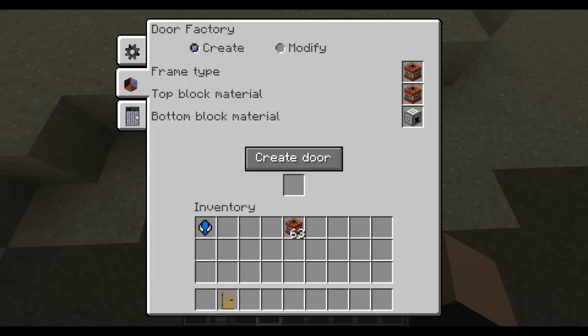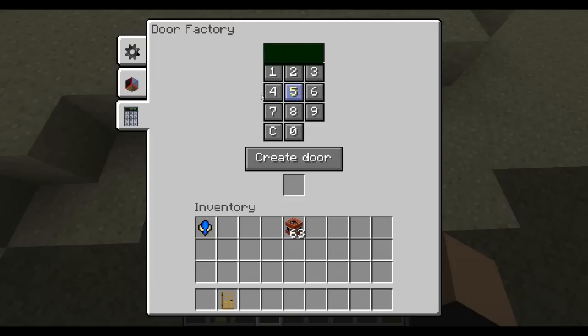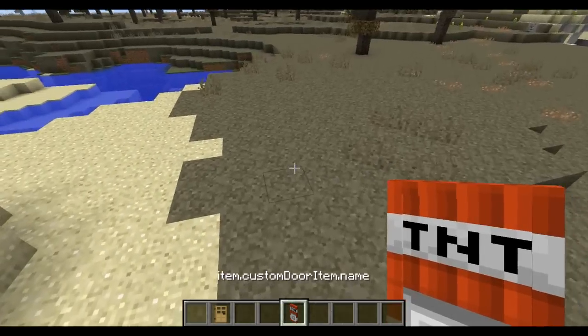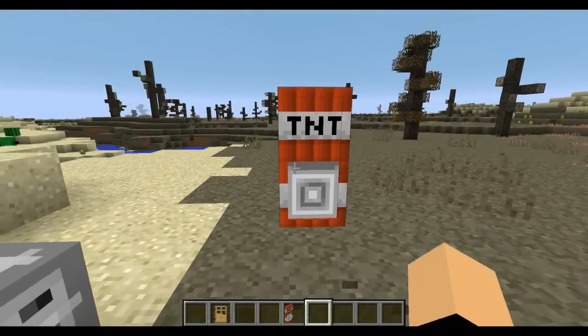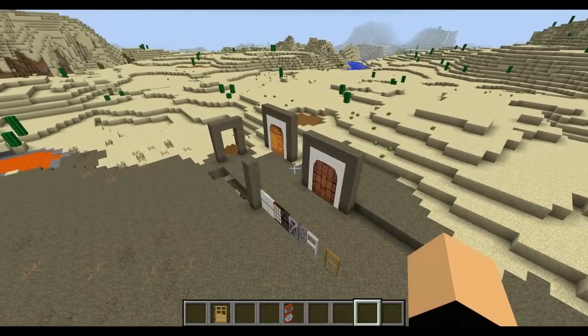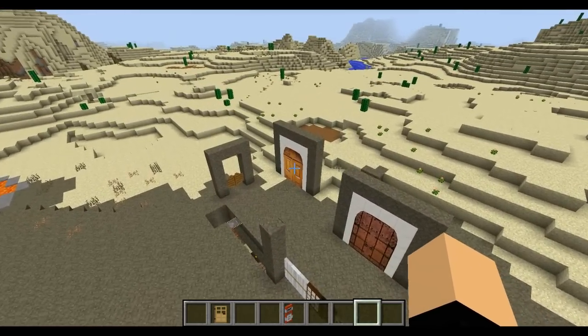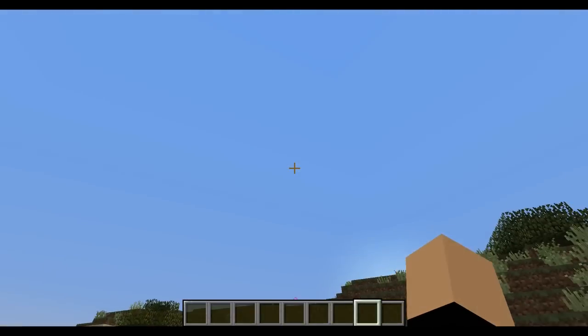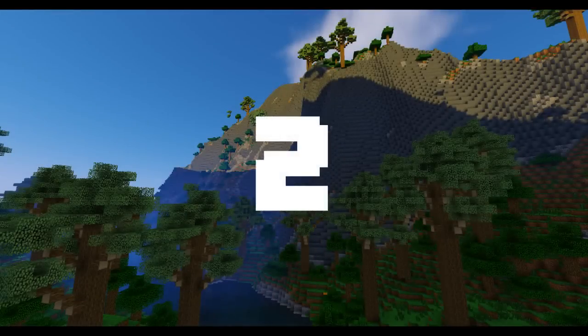So we can create this, and we can do a custom digit code so that we have to unlock the door with a digicode. But I'm not going to do that. So create door. Wow, look at this monstrosity. Isn't it so beautiful? So yes, that is the magnificent mod. That is the Malice's Doors mod. So, in at number 2...